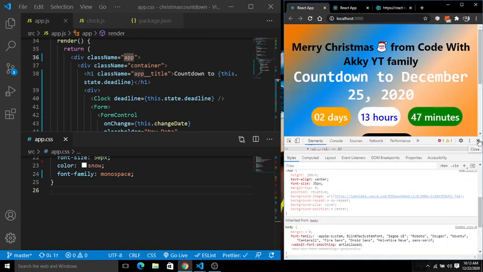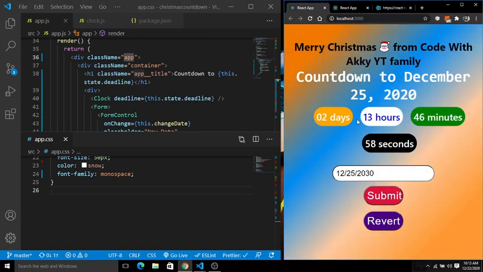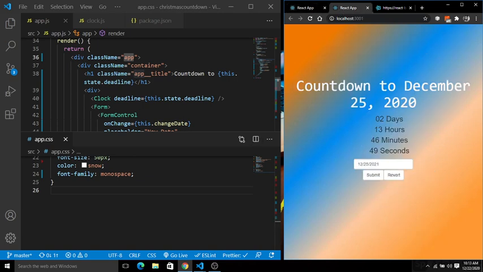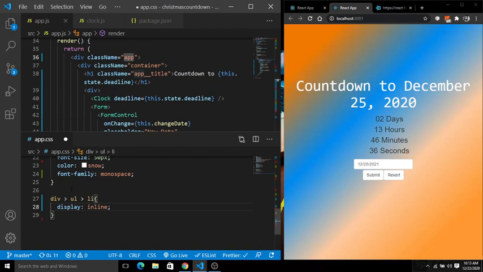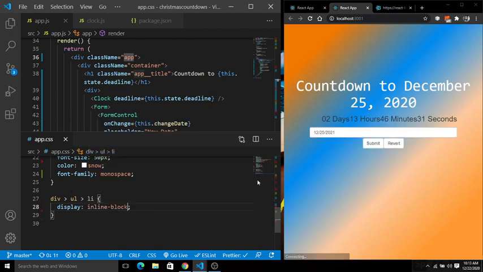Here we have div, inside div we have UL, and inside UL we have li, and display everything in line. So I am going to display here, display inline block. Inline block will put everything inside in a line.